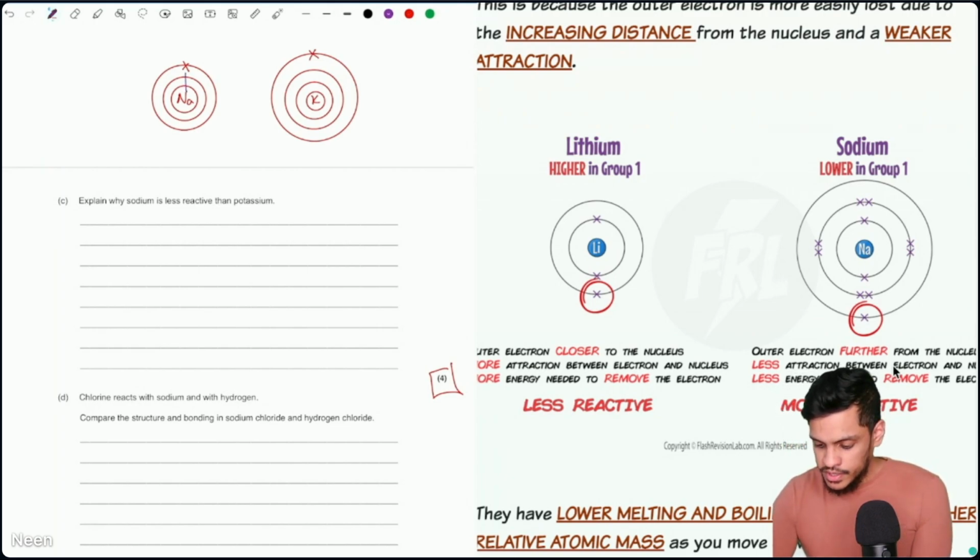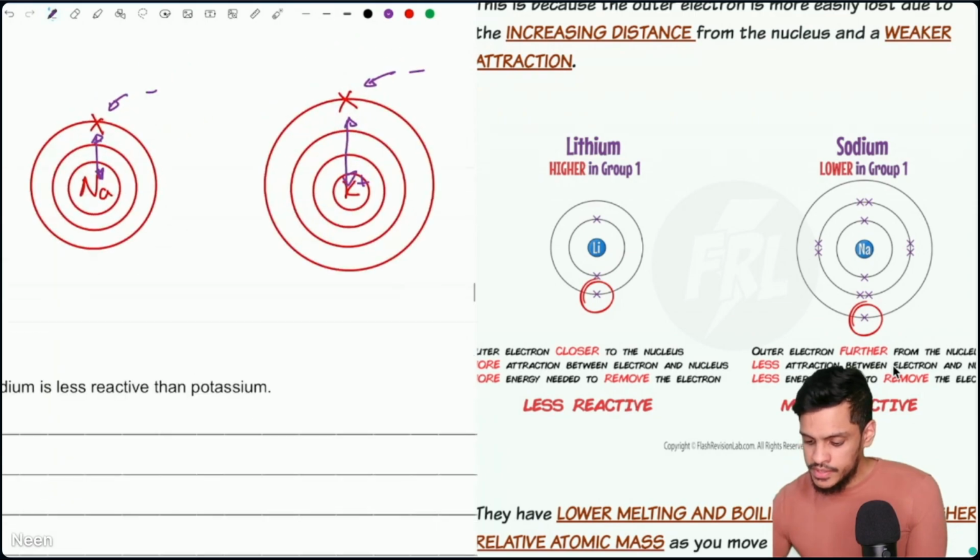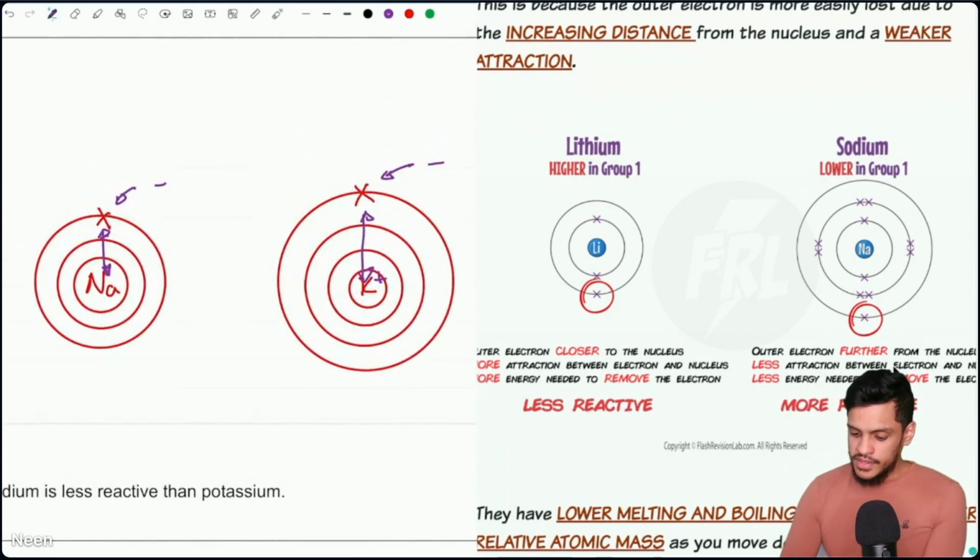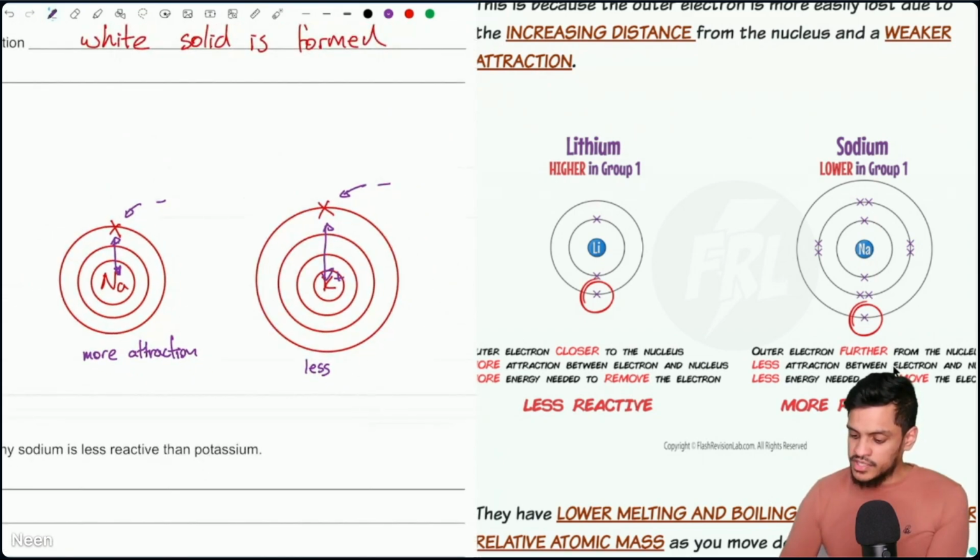Think about the attraction here. The nucleus is positively charged. The electron is negatively charged. So that means when you think about the attraction, the sodium has more attraction. So there's more attraction between the nucleus and the electron. And this one has less attraction. So that means for potassium, it's more reactive